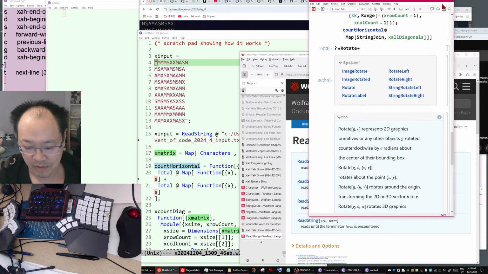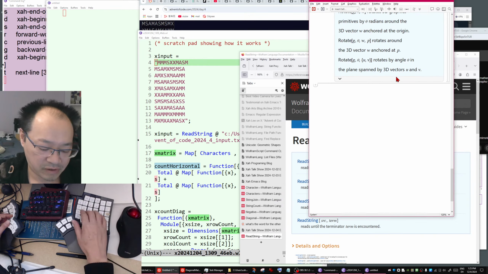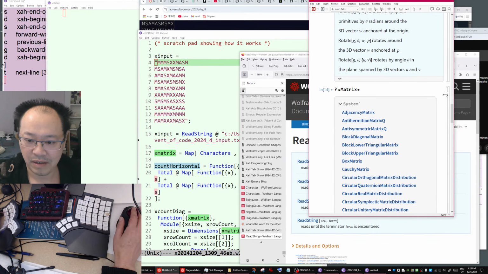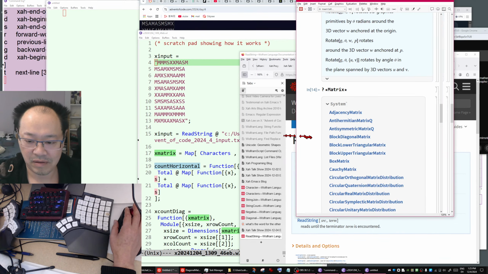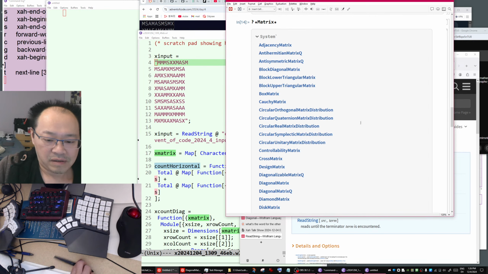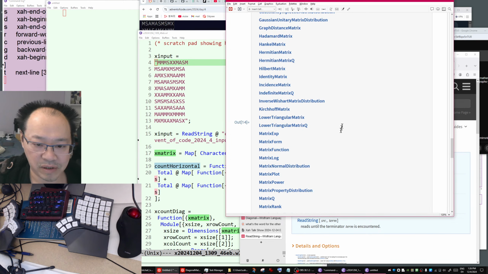That's right, transpose just what? I'm pretty sure there is a function for it, but something about matrix. Okay, now you got tens of functions about matrix.